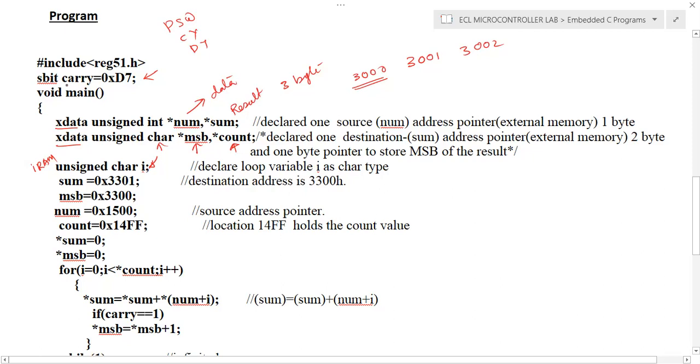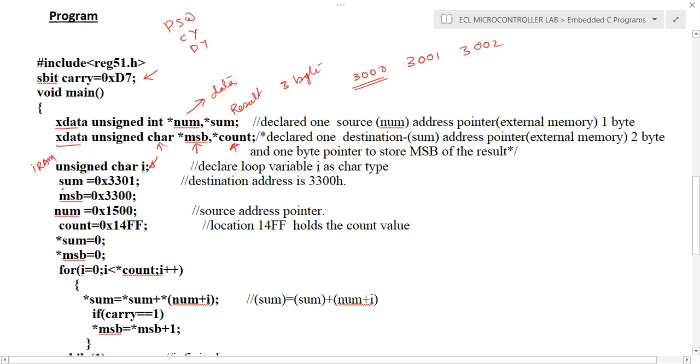That's the statement sbit: an SFR location which is bit addressable. When you use carry, it's automatically assigned the address D7, bit addressable area, not byte, bit. We already explained in the addition program the importance of this particular instruction.